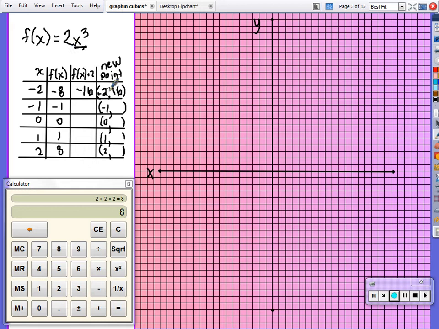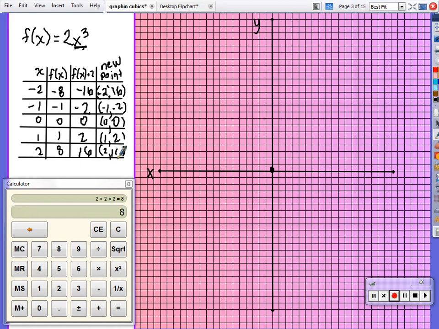So you can see I'm going to have to go way down on that one. I'm going to take the -1 and multiply it times 2, and that makes -2. The 0 is still going to be there. Notice there's no constant, so that's definitely where it's going to cross your y-axis anyway. The f of x is 1 times 2 is 2, so (1, 2) is your new point, and